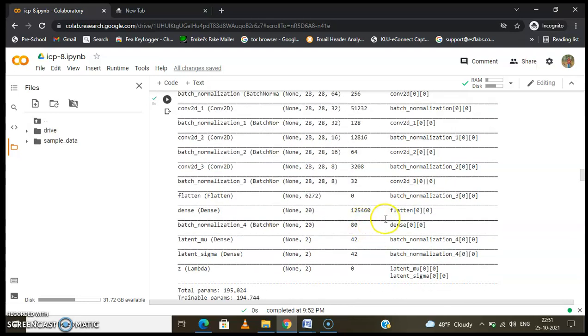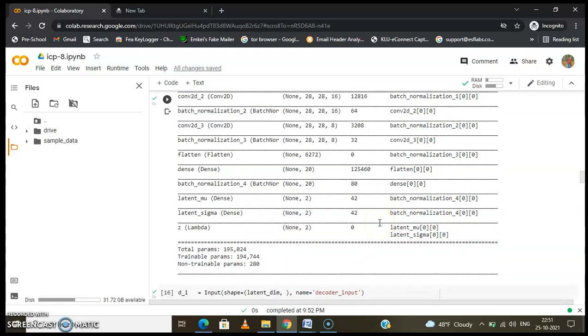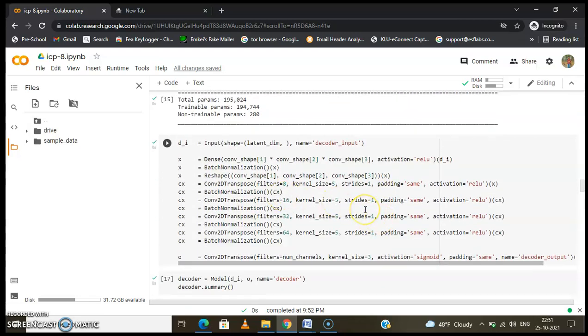Then for the decoder summary, what I have added is the same thing, but in reverse order. I have done the same thing in reverse order with the filter size of 64, the same way as we did in the encoder, in which we added 32 first, then 64, and we also added batch normalization between them. So this is what we have added into the decoder.